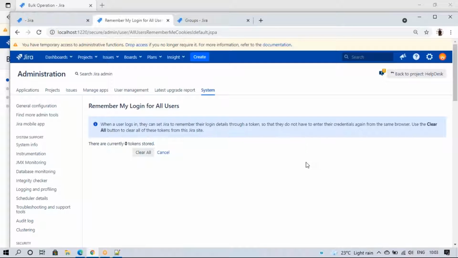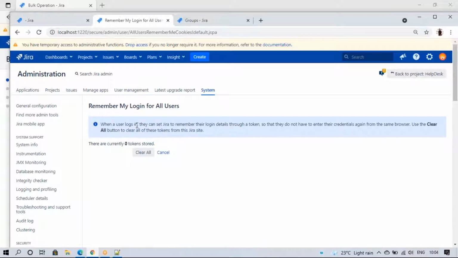If you save it, you don't need to enter the username and password again, so it will come by default the next time. But suppose the same system is used by two or three people. Your shift is over, but you saved all your passwords, then that is not secure. So if your Jira username and password are saved, if you click on this clear all token, it will be erased. You can see this.